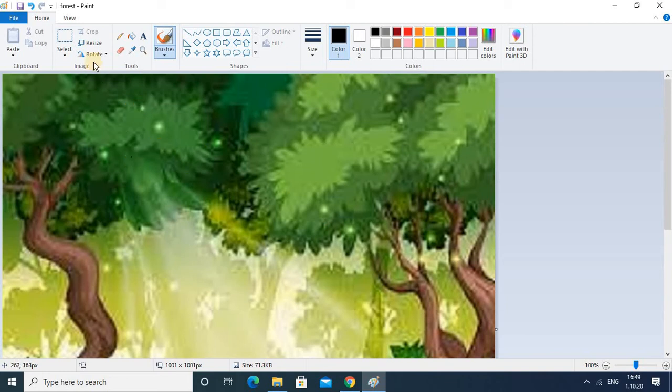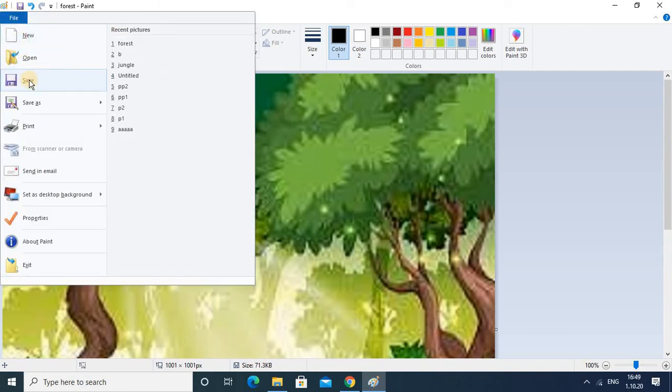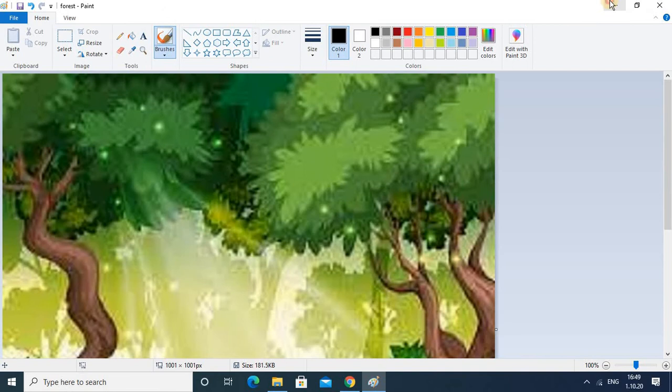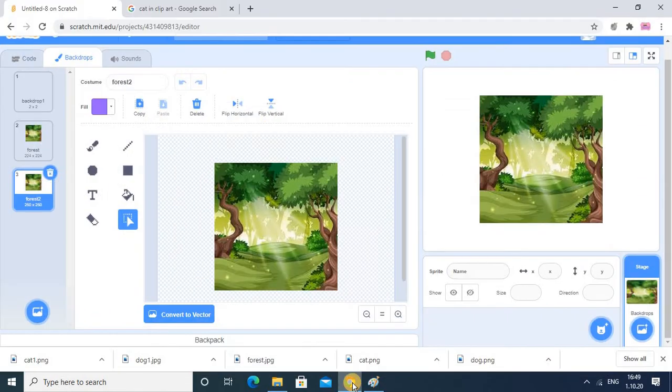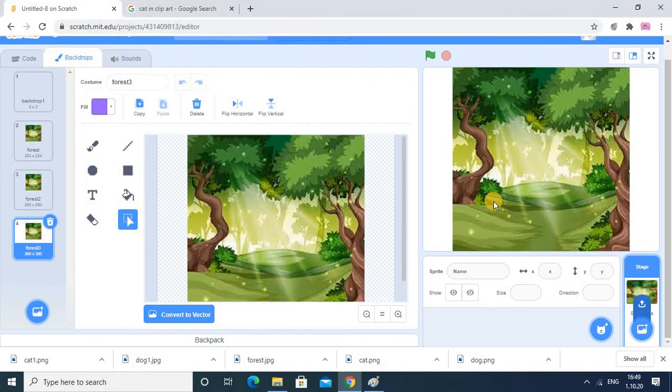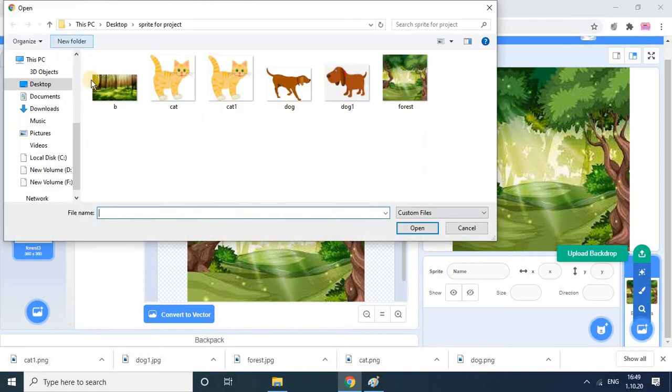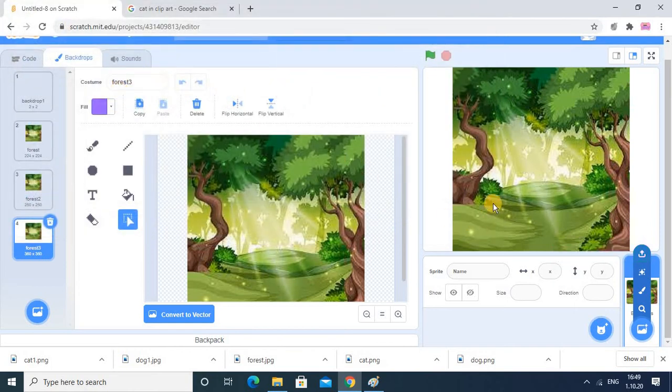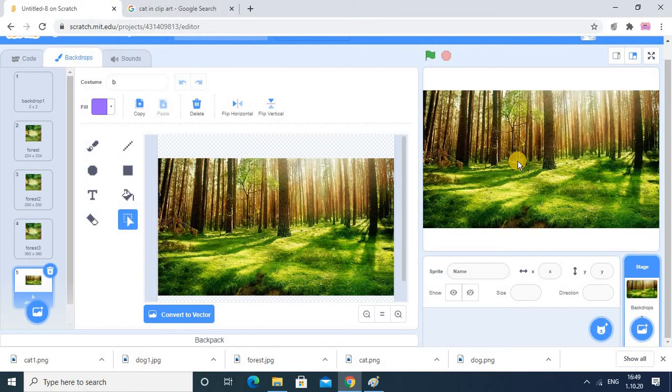So it is a little bit blurry, but it's okay, at least you should know how to do it. So now again I am uploading. Now you see the images increase. I have one more image in my device, so I will try. This is one more image, and that is looking quite a bit better. So in this way you can change the size also according to you.